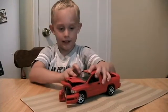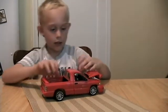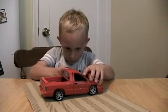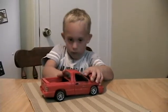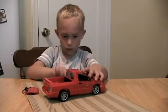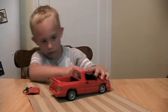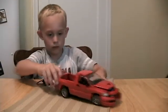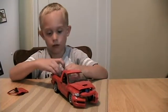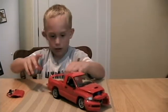The second part is you want to get out this first door because these doors like to fall off, so that's okay. We don't actually need the door for the transformation. You can just put the doors on right at the very end. In fact, it's probably a little bit easier to transform if you don't have doors in the way. Looking at how this transformation is going to go, with all these different panels,